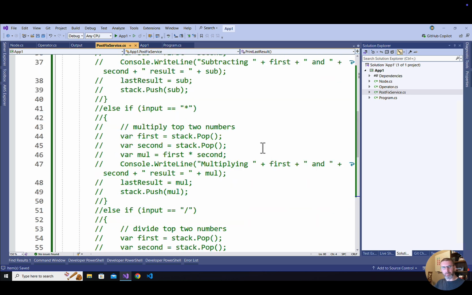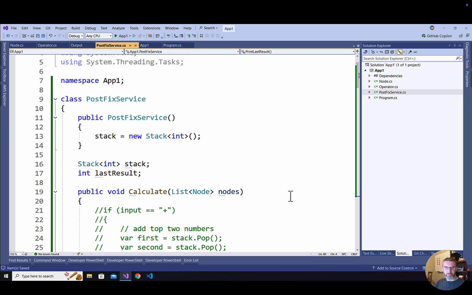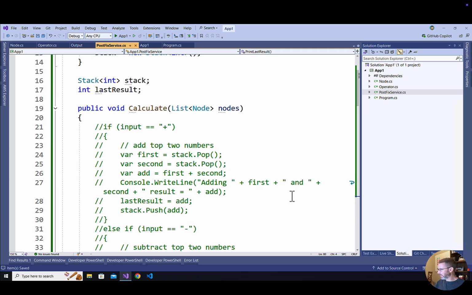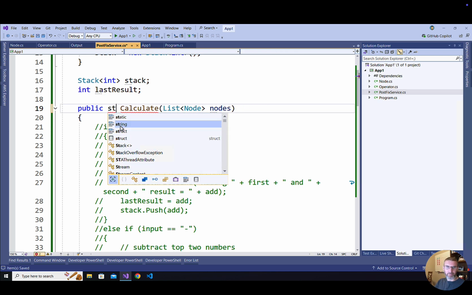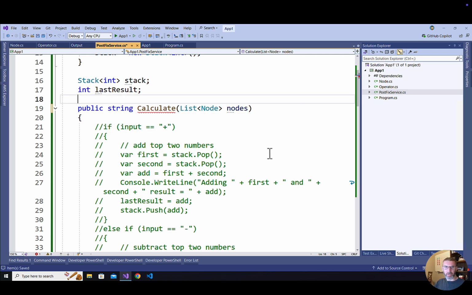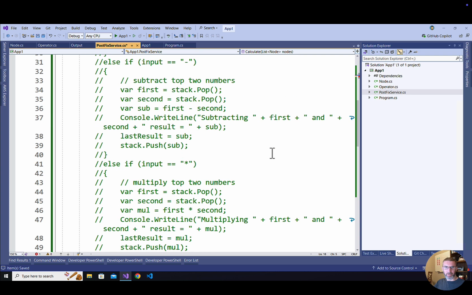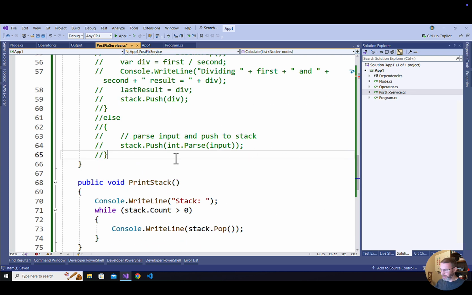How do we want this to behave? Actually, I think what we're going to do is we're going to return a string. Okay. And what will that string be? That string we're going to return